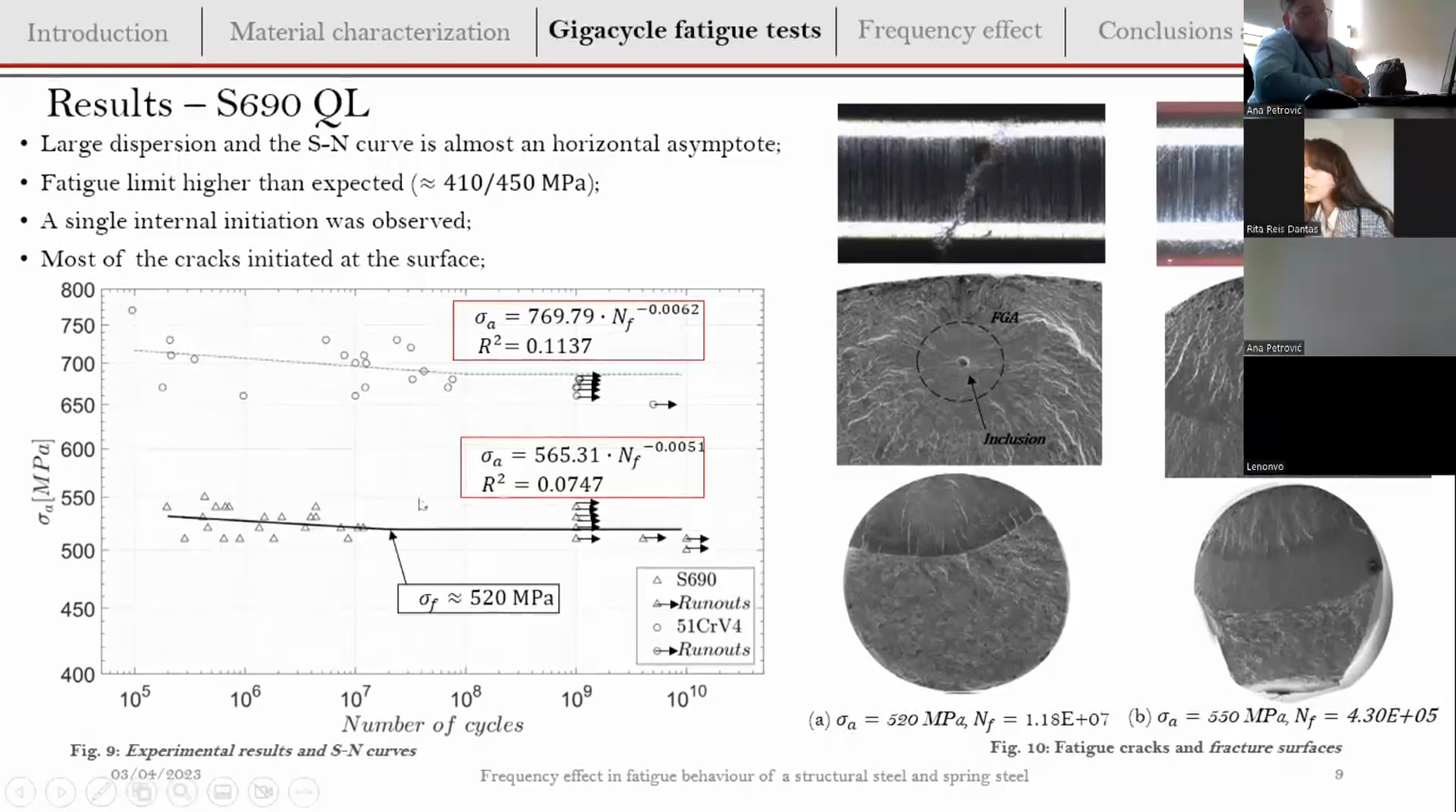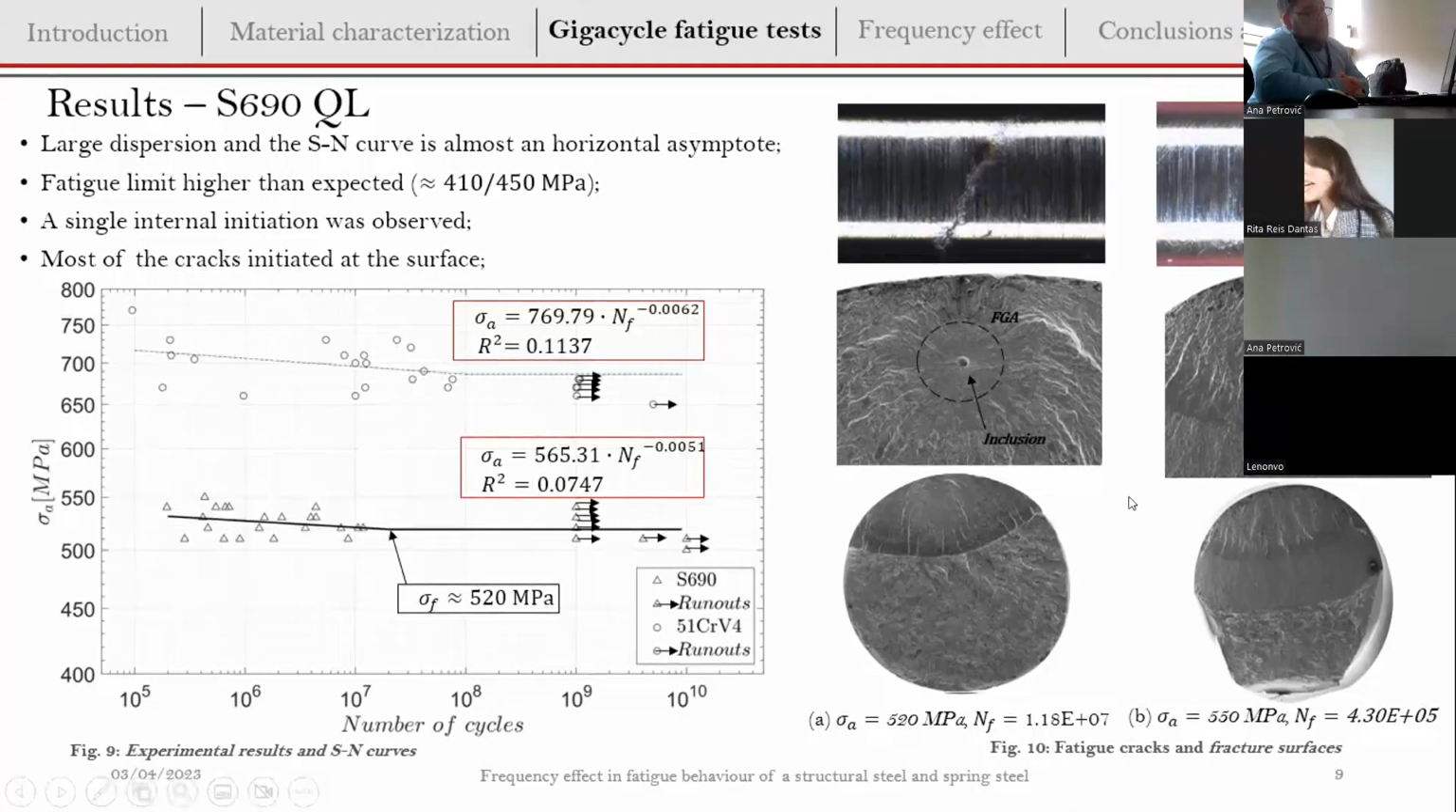However, for the structural steel, we have a fatigue limit that is very close to the conventional fatigue limit. We observed that a few specimens failed after the 10 million cycles, and after that, all the specimens achieved infinite life. So we can say that we have a fatigue limit around 20 million cycles and of 520